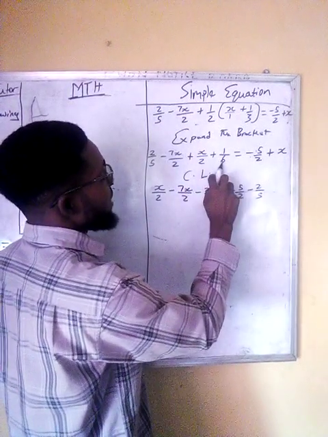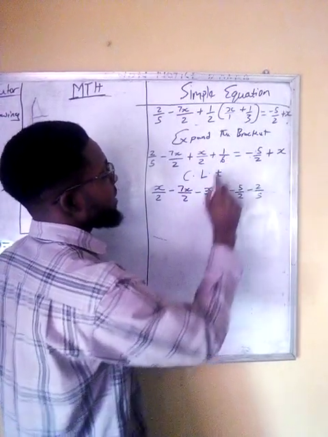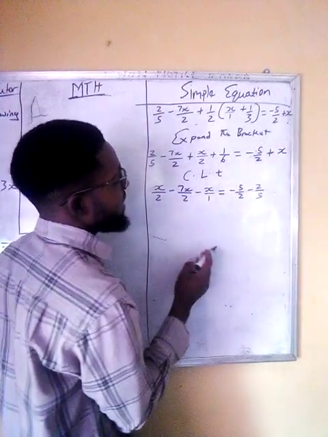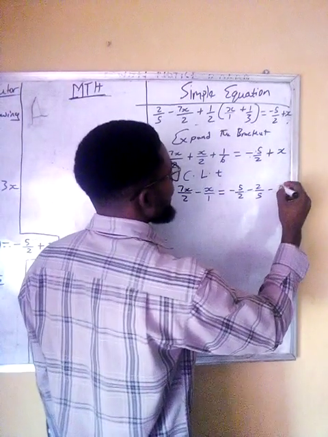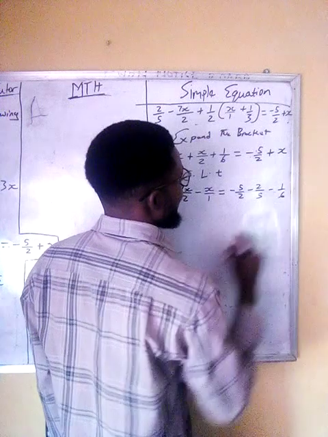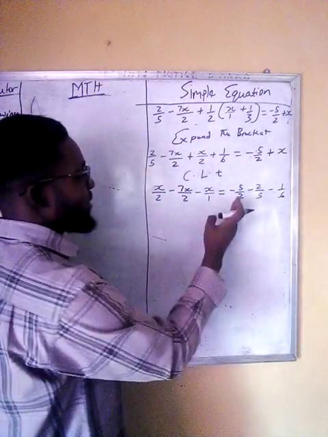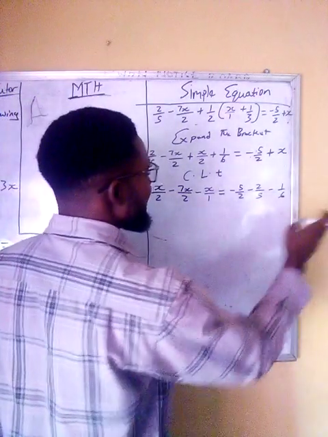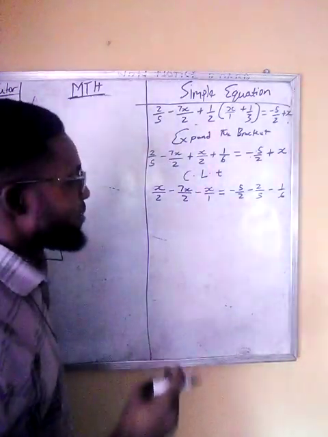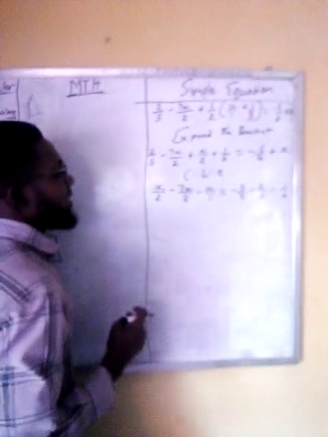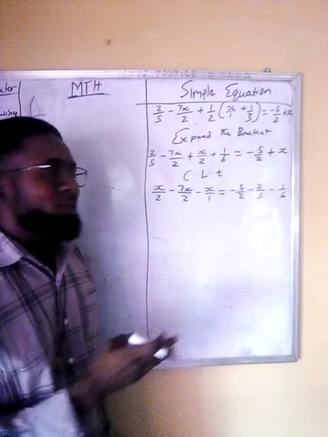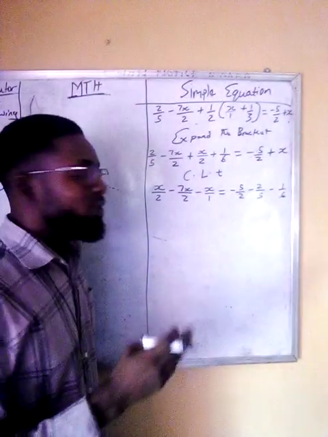Alright, look at another one here. 1 over 6. When you cross over the equality sign, it changes to negative, minus 1 over 6. So what we have here is the right hand side and the left hand side. They are all in fractions. And to add or subtract fractions, the first thing we need to do is to look for the